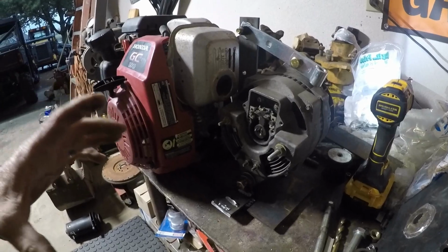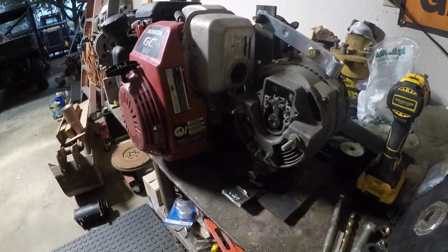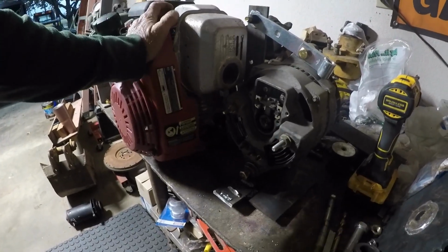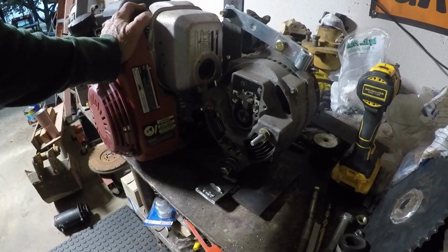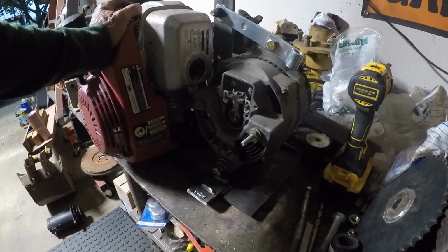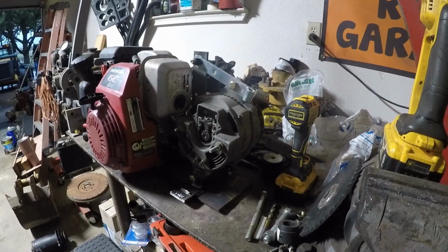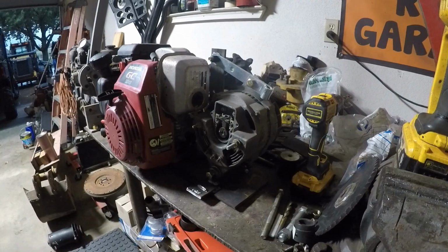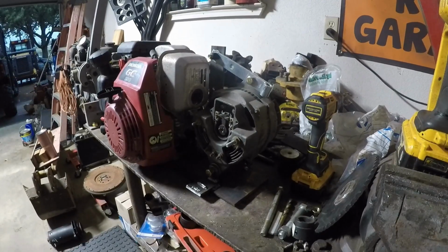But it had just a standard little small AC Delco or Delco Remy alternator, and I got it and used it. That was the very first welder I took on a job when I was working for my brother-in-law. I didn't have anything. It was like, here, you can use my welder. He hired me to build stuff, and then I needed one of my own, so I bought this thing,